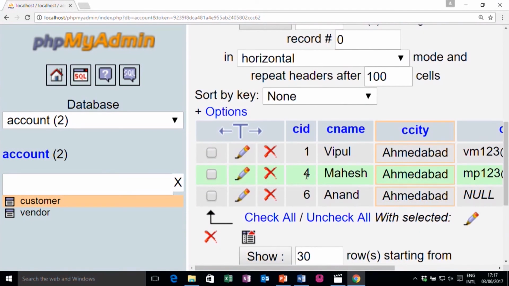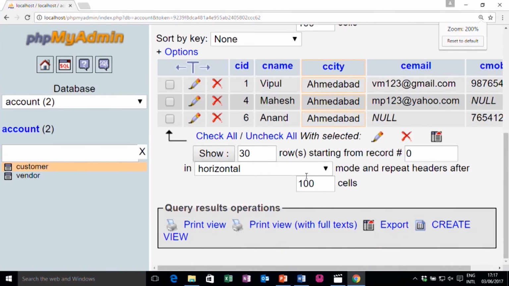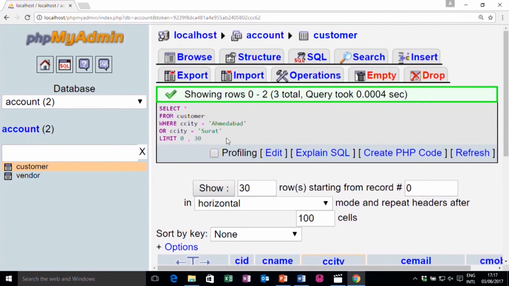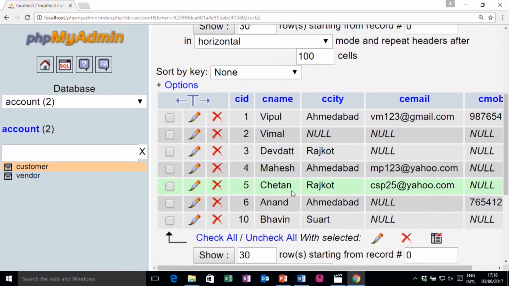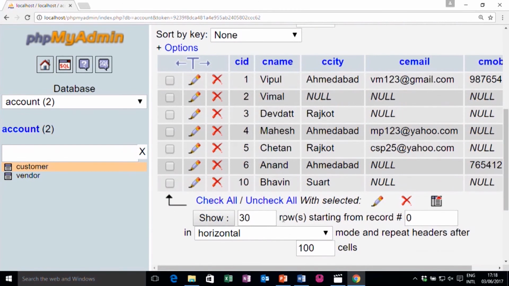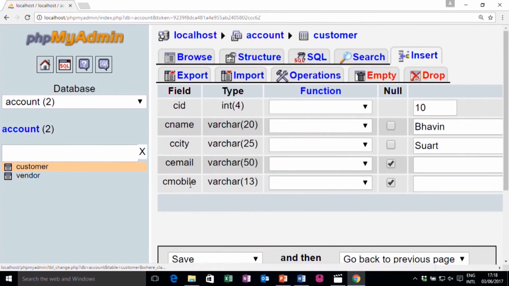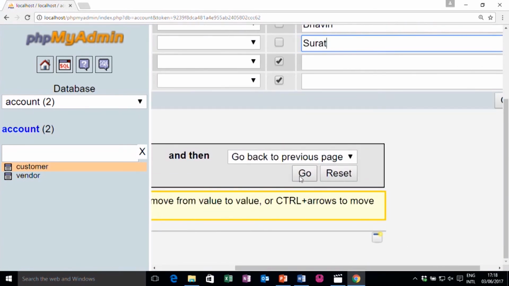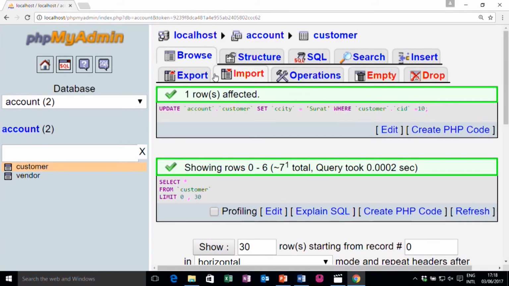it will show me all the records. We have one record with Surat. I think I made a spelling mistake in Surat; I have written SUART. So, either I have to update it, let me edit it, it should be SURAT, or I have to write that value in the query. Right. So, now it will be inserted.